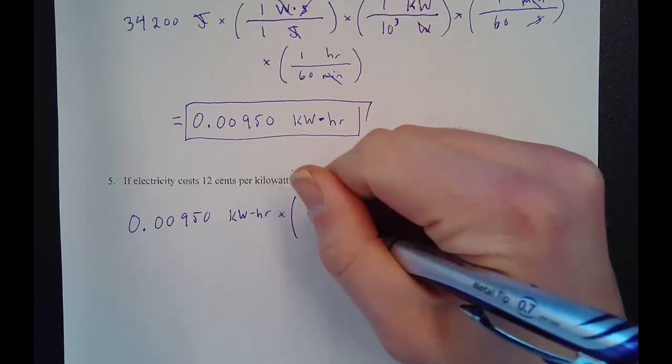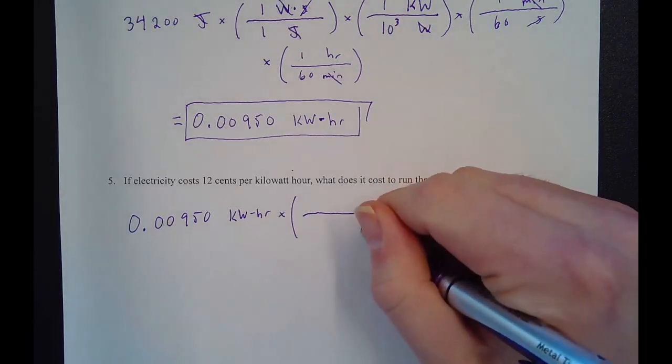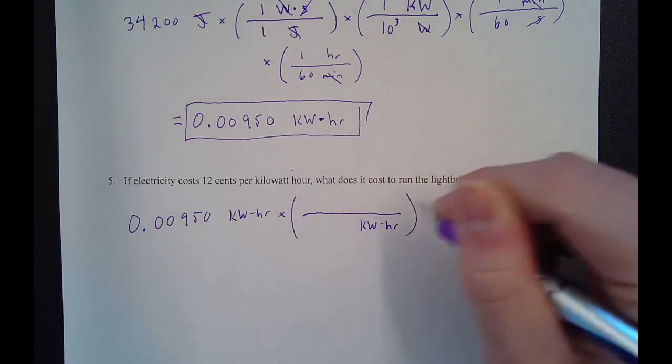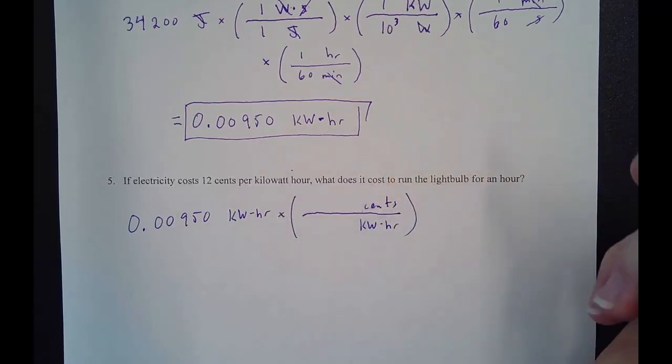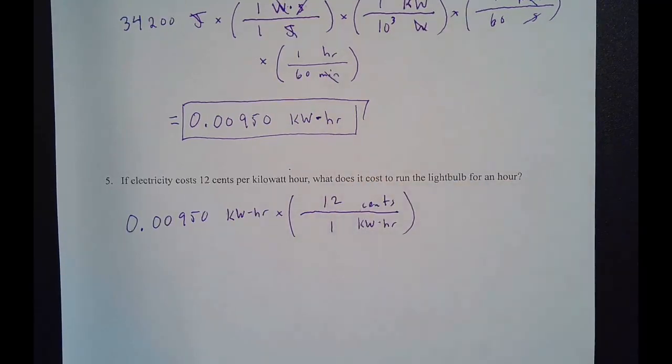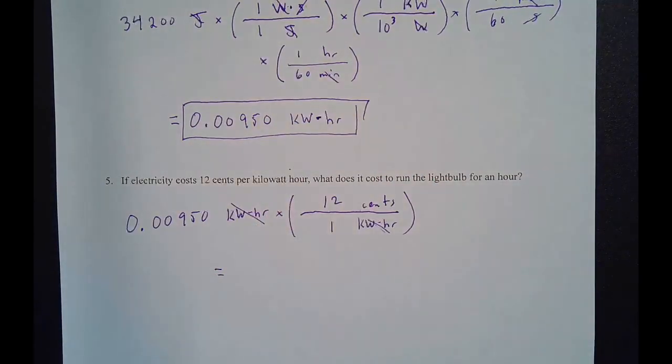It's a unit conversion thing too, from energy to cost there. Kilowatt hour is in the numerator, so I'm going to put it in the denominator. I'm going to put cents in the numerator, and the conversion rate there is 1 kilowatt hour costs 12 cents. Kilowatt hour cancels with kilowatt hour, and I am left with, when I take this number times 12 in my calculator, I get